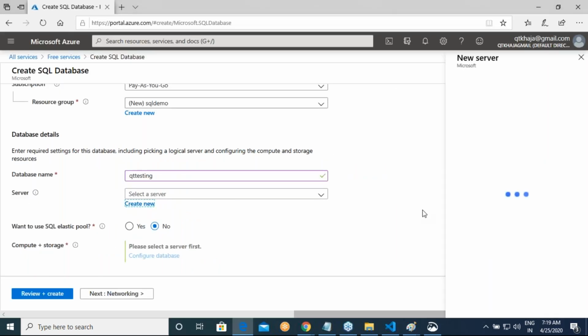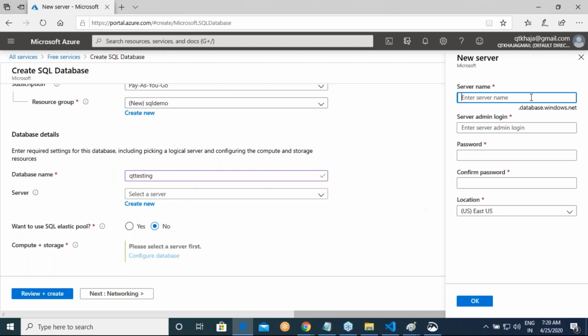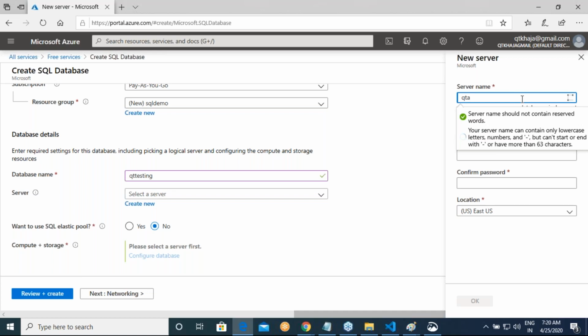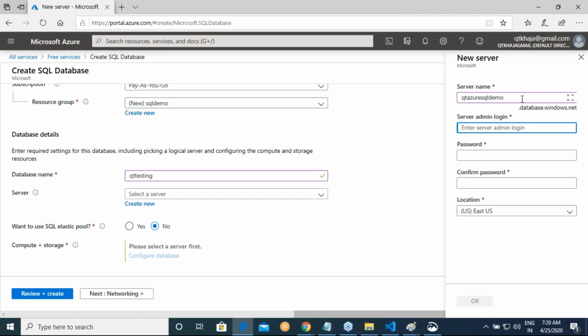When you click on create new, give some name to it, something like Qt Azure SQL demo. Give some admin name.